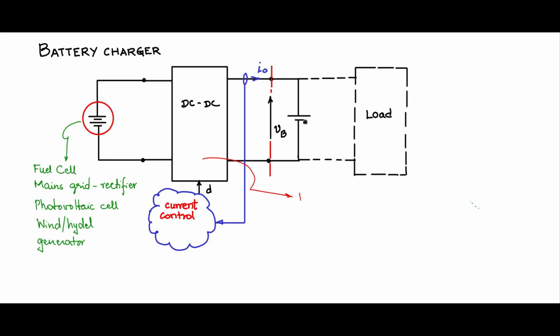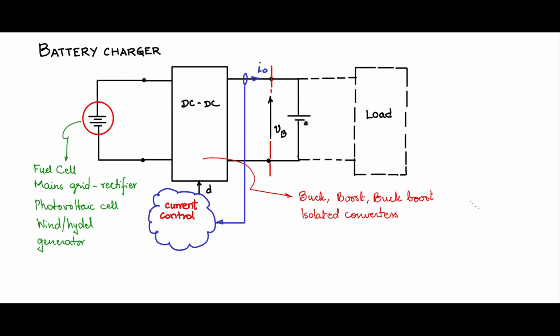So there are very many sources which can be used as the input source to charge the battery. And as far as the DC-DC converter is concerned, you could use any DC-DC converter. It could be the buck, the boost, the buck-boost converter. And we have discussed the isolated converters like the forward converter, the dual switch forward converter, push-pull converter, half-bridge converter, full-bridge converter, flyback converter. All these converters are possible candidates to be used for the DC-DC converter to charge the battery.